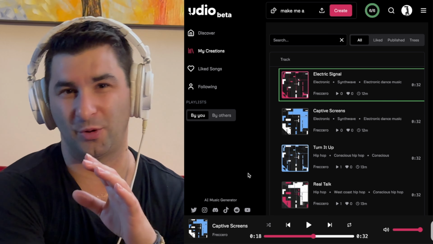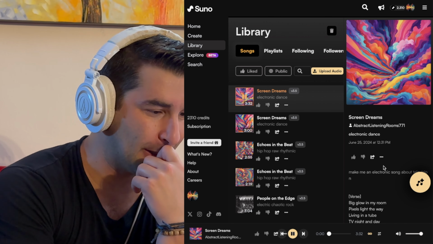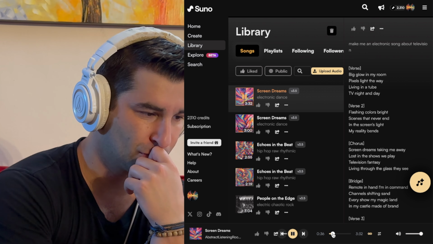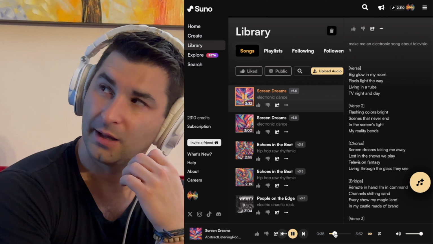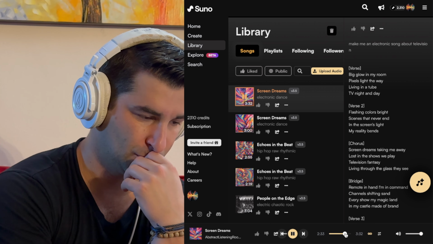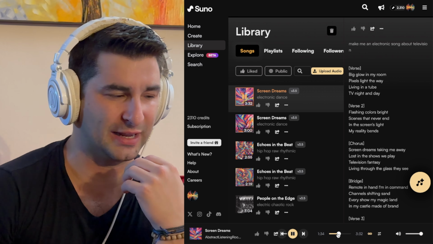Alright, definitely Udio on that one. So far Udio I think has the edge on electronic right now. And it's a little distorted on that kick snare.